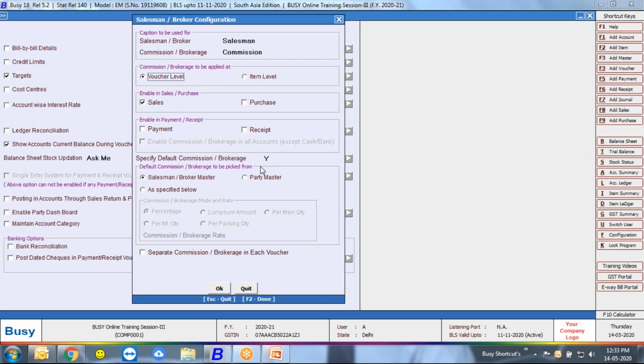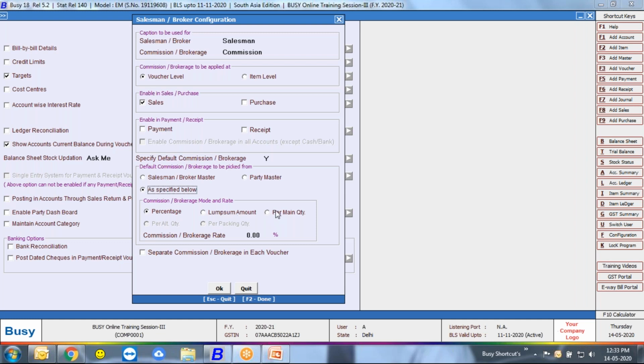Now, where you want to define the formula for commission calculation or brokerage calculation, you have three options. You have three locations to define your formula. One is your salesman or broker masters. Other is your party masters, and last one is as specified below. When you click as specified below, it asks in which mode you want to calculate your brokerage or commission: percentage basis, lump sum amount, or main quantity basis.